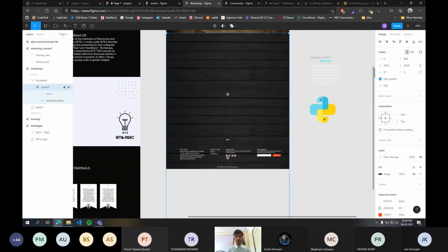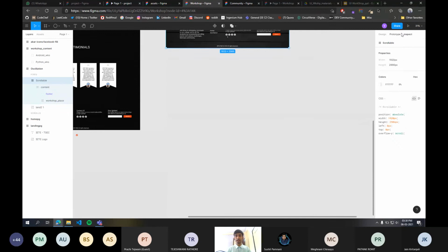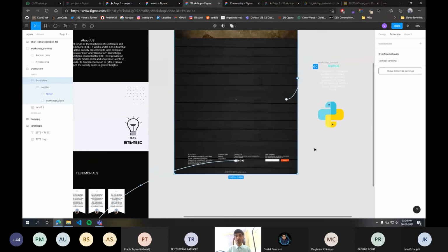As you can see, this content layer is now bigger than the scrollable layer, and we no longer have that exclamation mark, which means the content is now overflowing this scrollable layer, which is perfect, which is what we want.